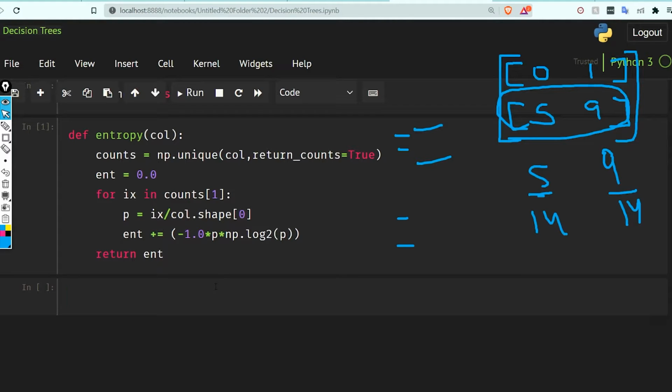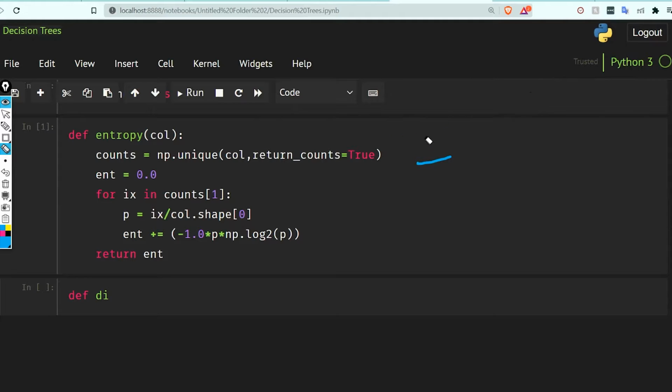Now we are going to make a function for divide data. I will tell you what it is. We have to divide our data, and why do we have to divide our data?